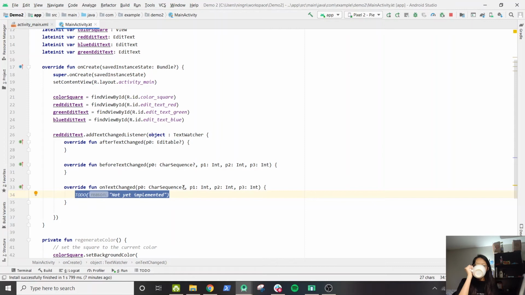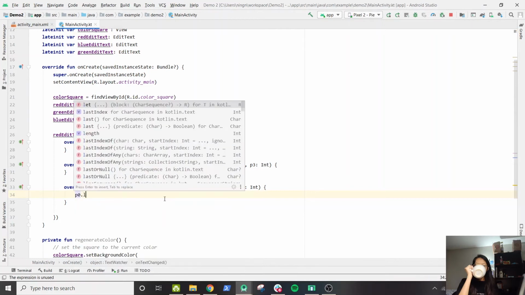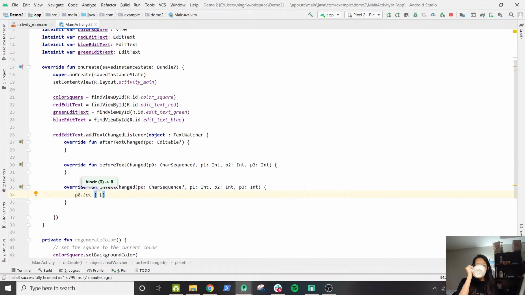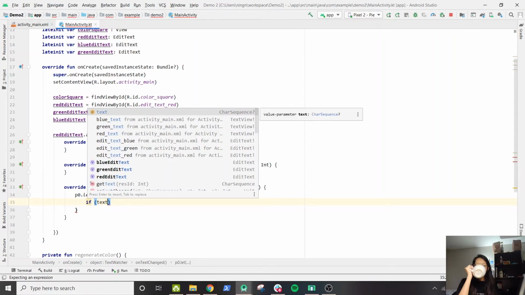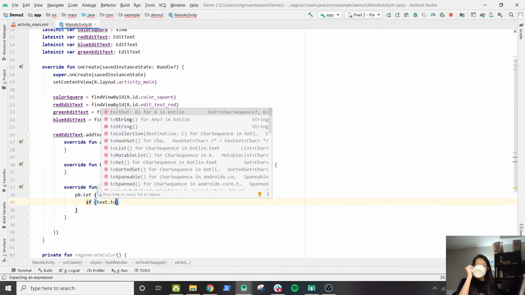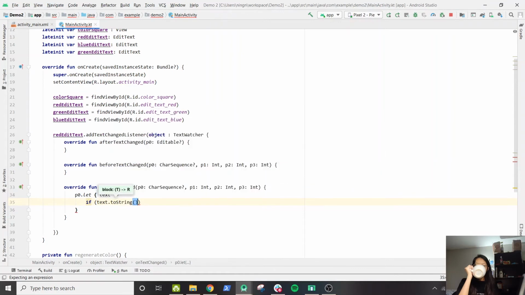So you'll notice that there's a question mark on this CharSequence. This means that it could be nullable. But we only care about the text if it's not null. So we can do p0.let, and anything that runs inside here means that p0 is not null. Let's do text. Is never used, we name it, that's fine. And text, currently a string, toString dot